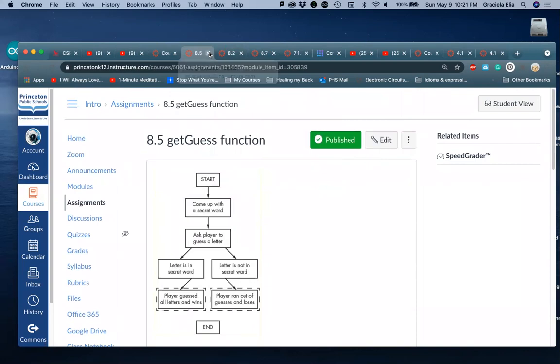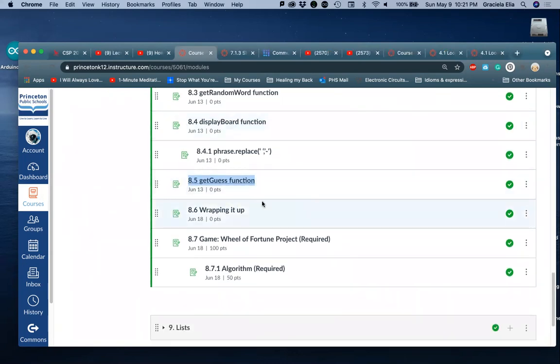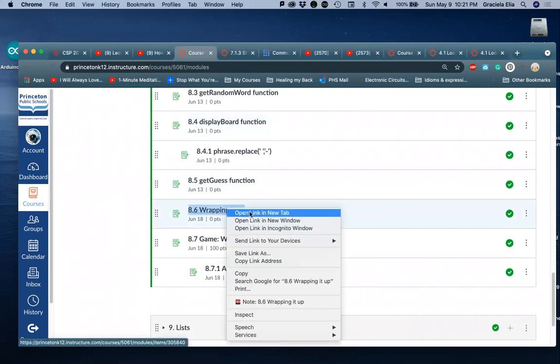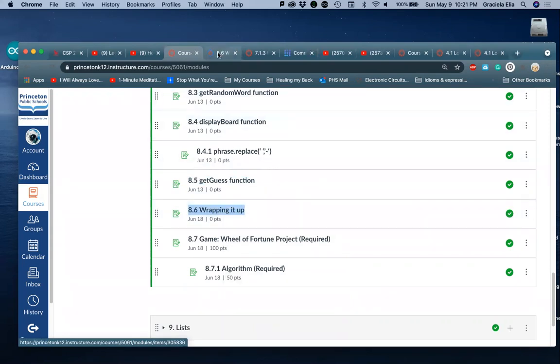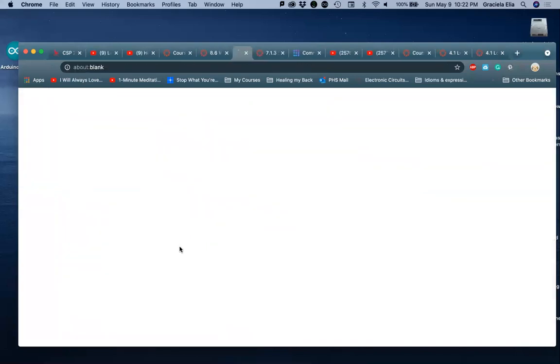Let's take a look at the next one. Let me close some of the stuff that I don't want taking up too much space. Over here. Wrapping it up is something that you want to do because it's very useful. You go to